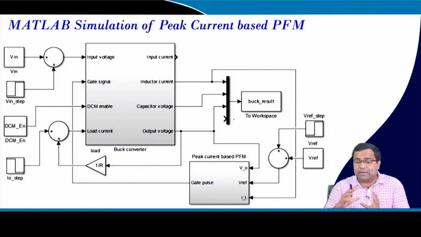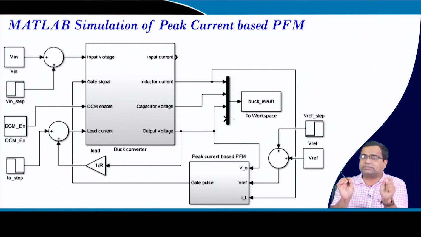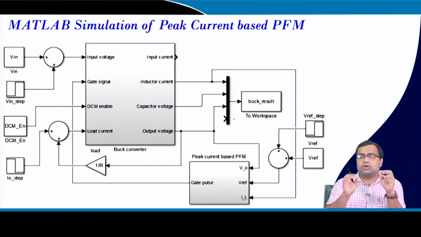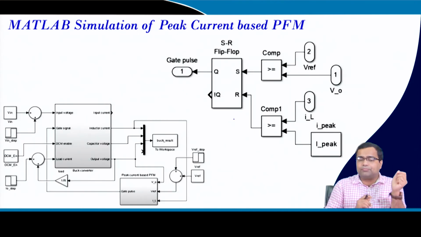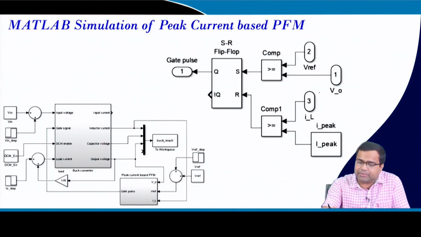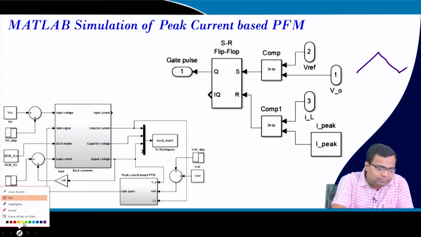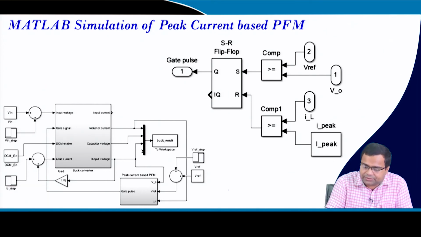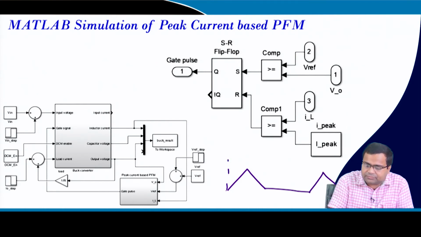And if you go to the peak current based approach, it is the same as constant on time, but we are not setting the on time by a timer, rather we are getting the on time by means of a current controller. How? Here the on time comes from comparing the inductor current. So there is an inductor current in DCM like this. So this is the I axis.